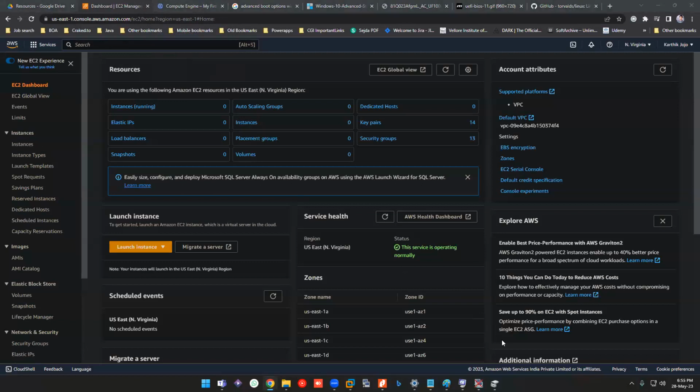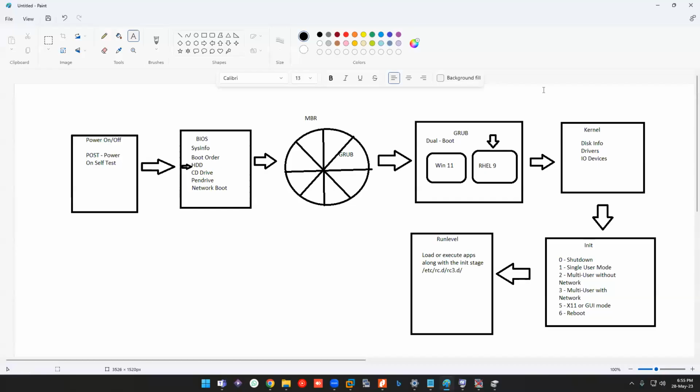Difference between MBR and Grub. MBR is not a huge task, Nitesh. Let me explain how Grub works so that MBR will make sense. Grub is placed inside the MBR.